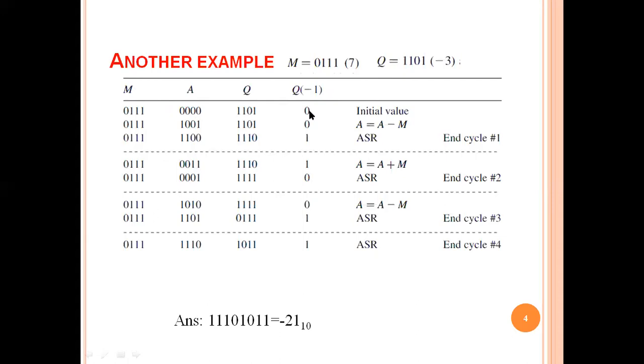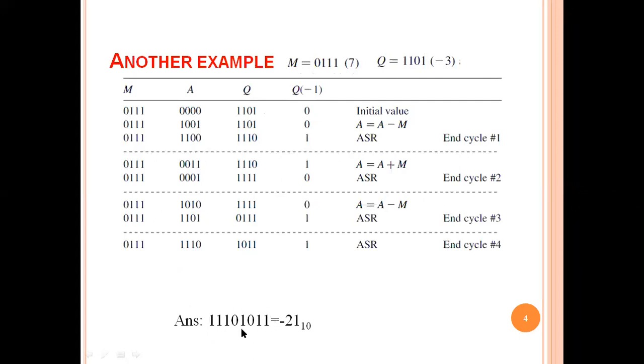Now we will repeat the same algorithm. We don't have to discuss it again. The same algorithm, and ultimately we have to find the result which is stored in the registers. Here also it will go for 4 loops, because n is equal to 4 here, and the ultimate result is in the register A and Q. So what is the ultimate result? The ultimate result is 1 1 1 0 1 0 1 1 1 1 1 0 1 0 1 1.